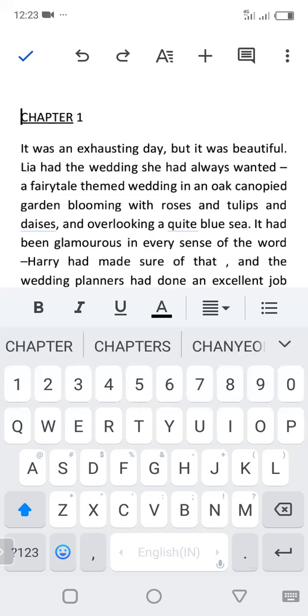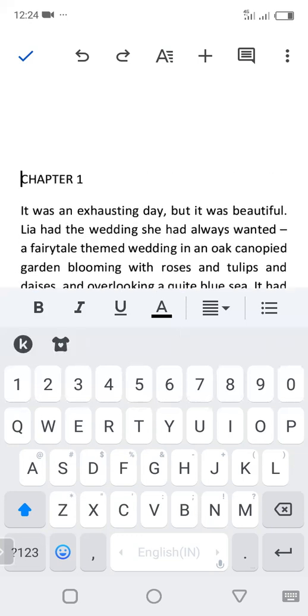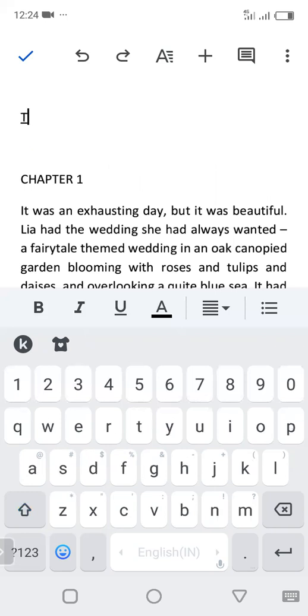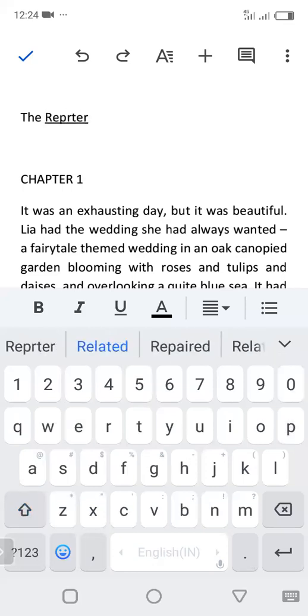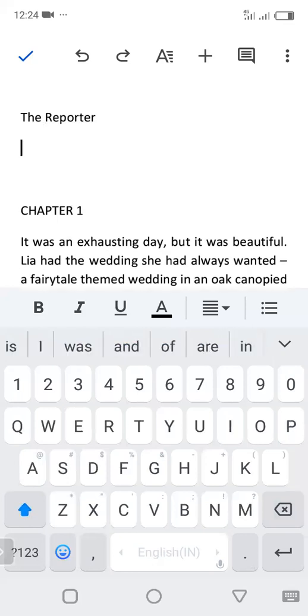All right, so here's what I'm going to do right now. I'm going to write the title of this book, and the title of my book is actually The Reporter. I'm just going to be structuring the book one after the other, and then you would follow through. The Reporter is the title of my book. And then it also has a subheading, but I can't really remember what I want to write on that, so I'll just write anything. I'll say something like the